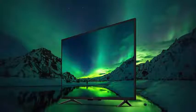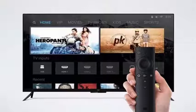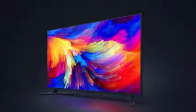And with regard to connectivity, we can use Wi-Fi 802.11, and although we do not have Wi-Fi AC, we have an HDMI port, another HDMI port with ARC, two USB ports, an Ethernet port and an optical audio output,